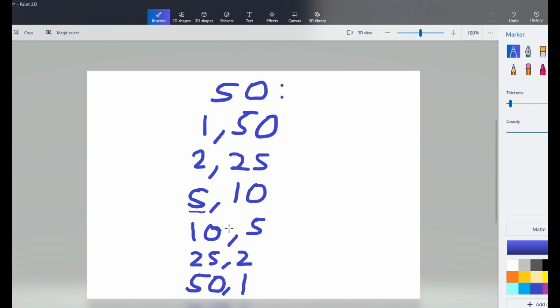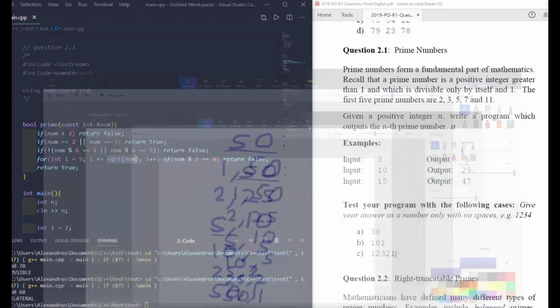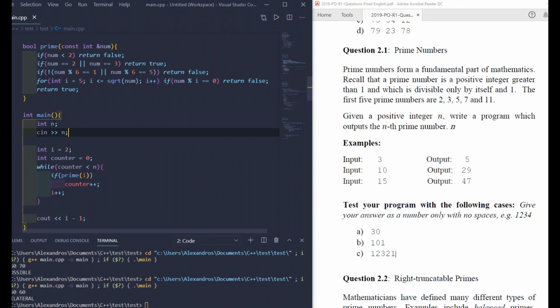It's just an interesting property of the factors of numbers, that in a pair of factors, the smaller number is always less than or equal to the square root of the number. So that allows us to check the primality of a number without running to the number itself. So yeah, that's that. Now in the actual solution, we're going to input integer n from the input stream,